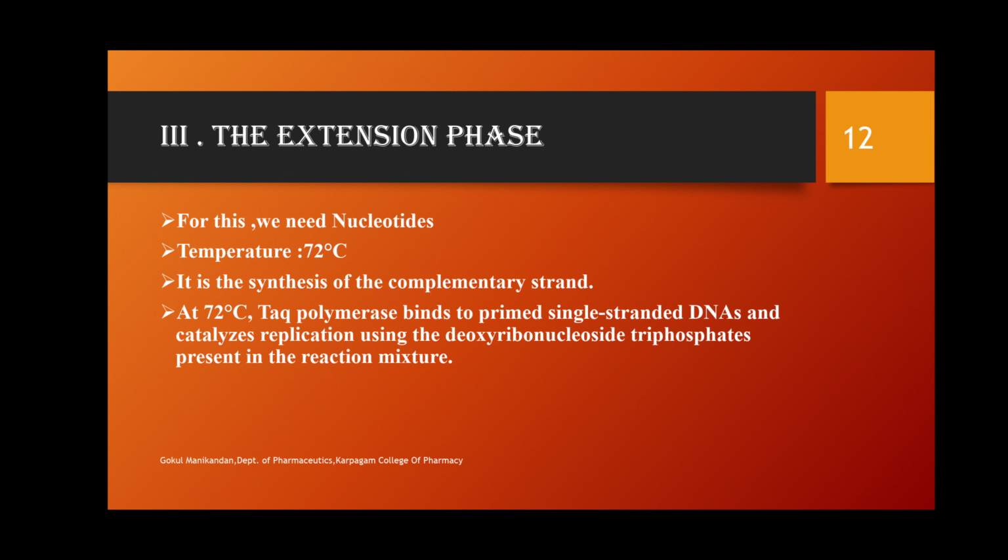This method is repeated: heating, cooling, and then heating. The result of this is, as you can see, that from one DNA, we get two double-stranded DNAs. One is the original and the other is the new DNA formed by the Taq polymerase. These steps are repeated again and again and again. This is what makes PCR a chain reaction.